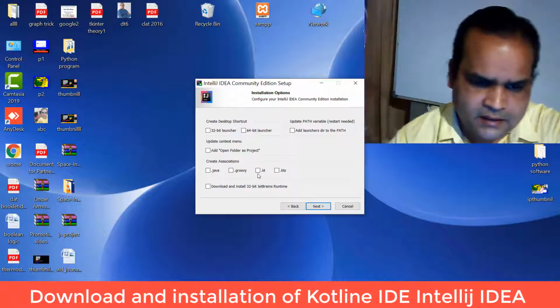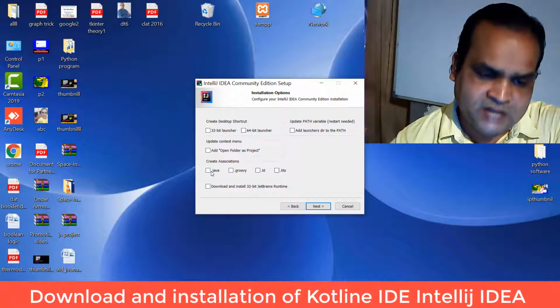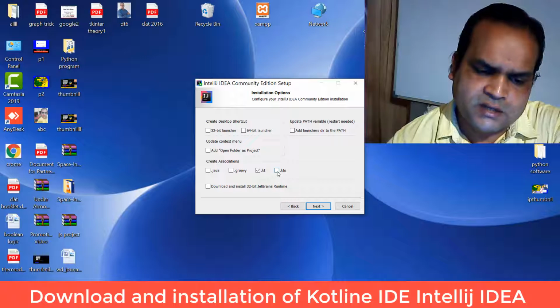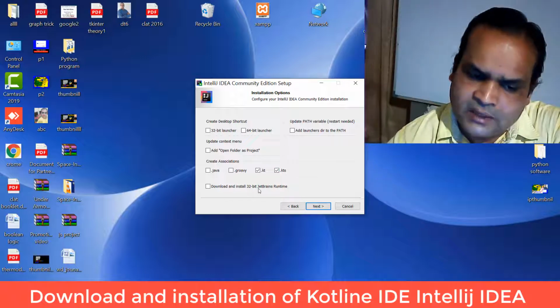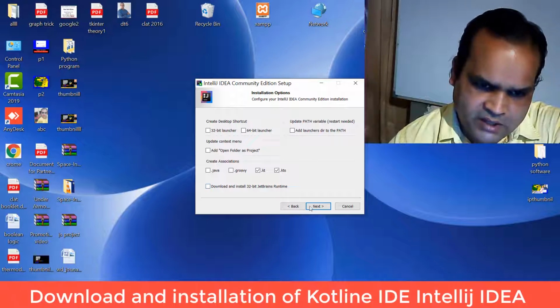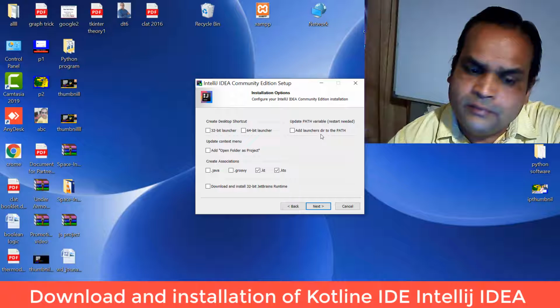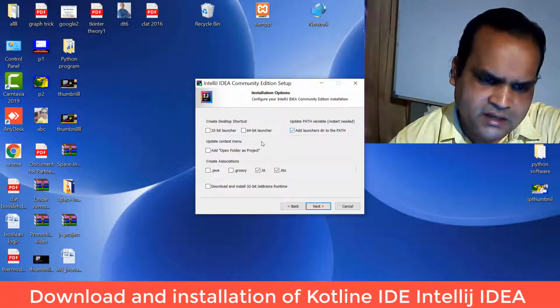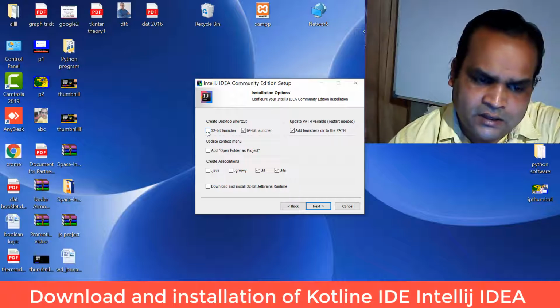Here are the file associations. If you are working with Java or Groovy you can select those, but I am using the .kt and .kts Kotlin files. Then there is download and install 32-bit JetBrains Runtime. You can add the launcher directory to the path, the 64-bit launcher, and the desktop 32-bit launcher if you require it.